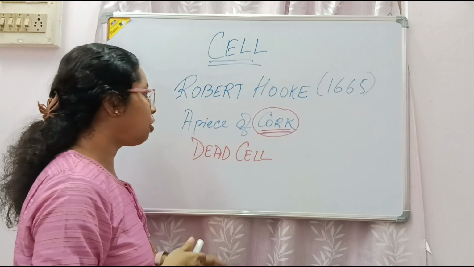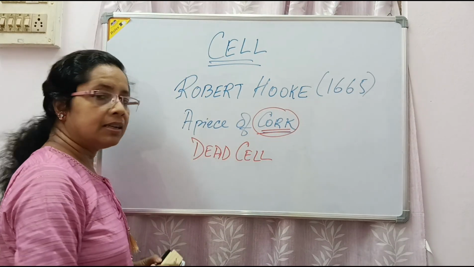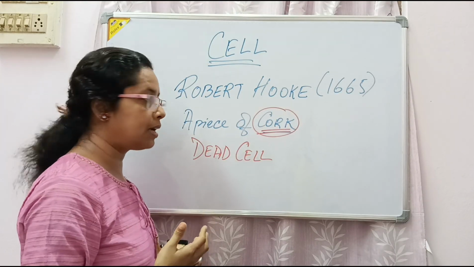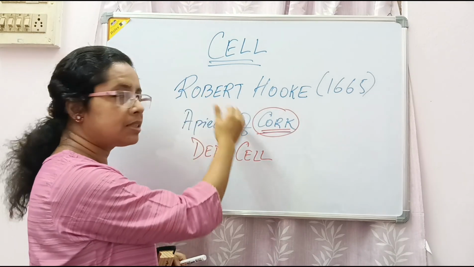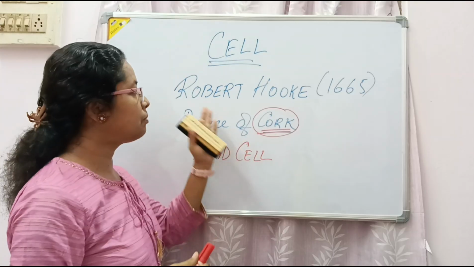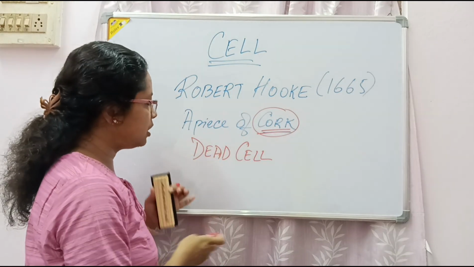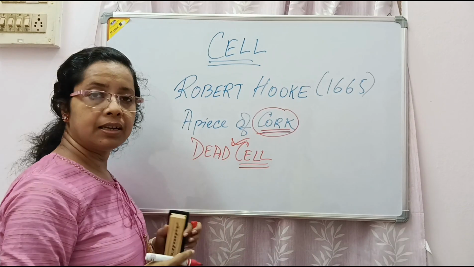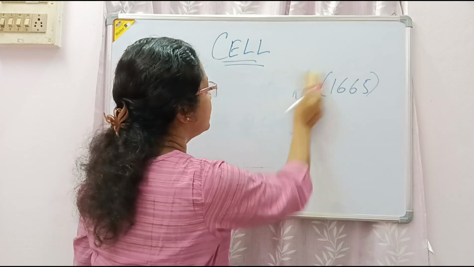Now, after Robert Hooke, several scientists and researchers did their own job and contributed more to the understanding of cell. First, let me tell you that from this section, who discovered cell, the question is there in various exams. Robert Hooke in 1665 discovered cell, whether it be dead or living. Our point of interest is of course cell. So cell was discovered by Robert Hooke. But later on,